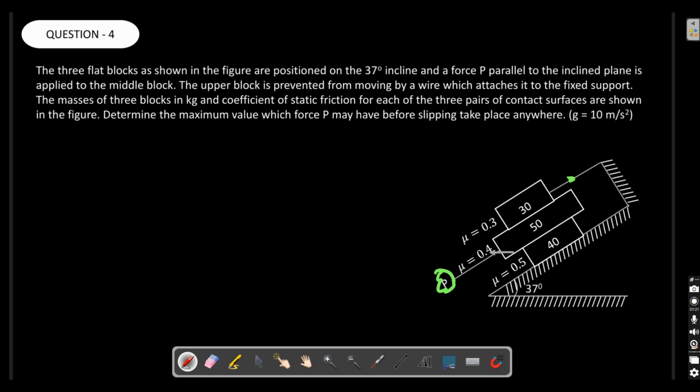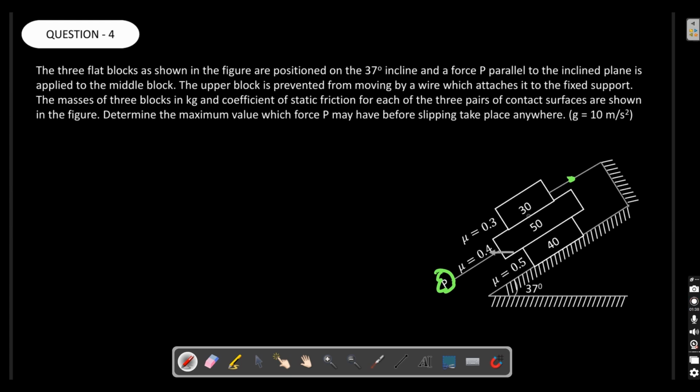I'm also thinking. It's been many days since I solved this question. I just brought this question. One of my students asked me this doubt in the paid batch. I don't know where he got this question, but I found it interesting. Let's see. See, this block will not move.